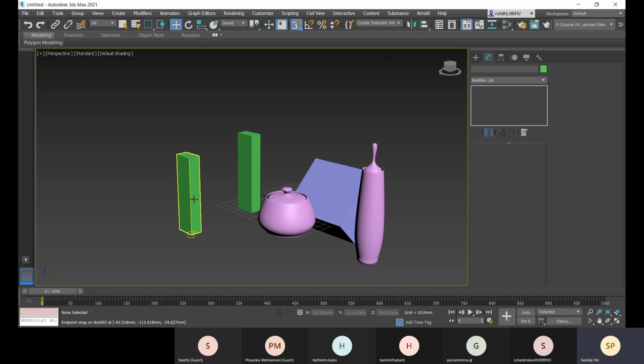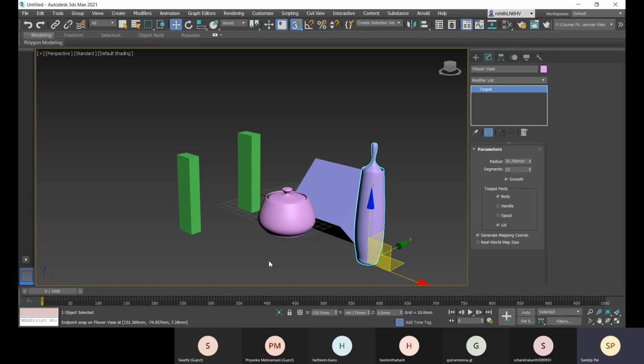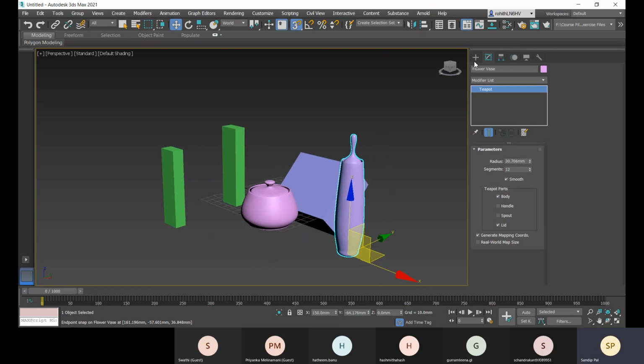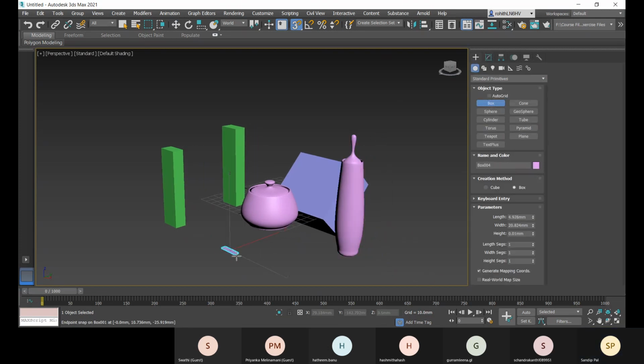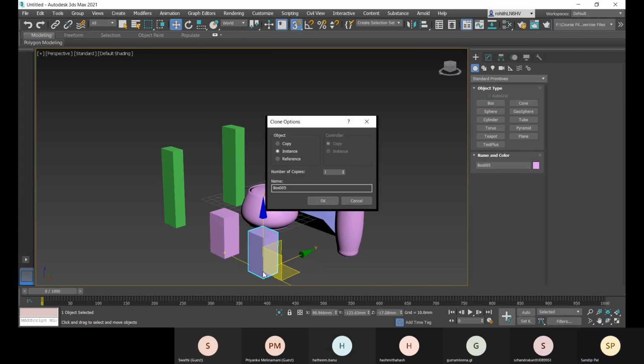Now let me create another box, and holding the shift, I will create another in this direction.